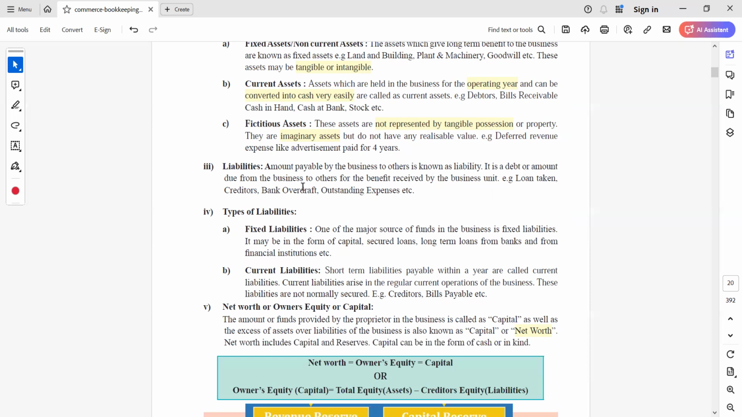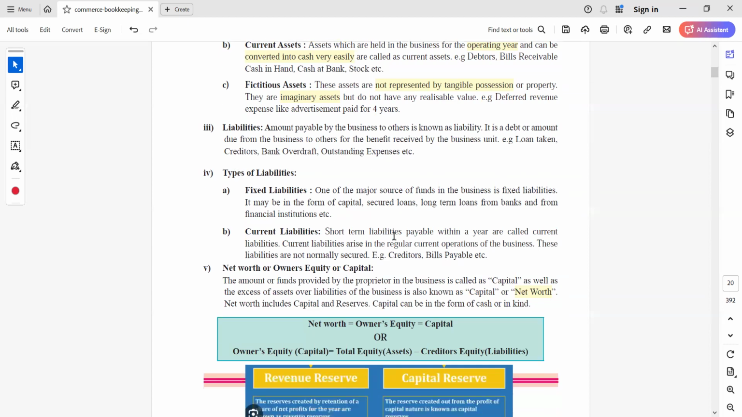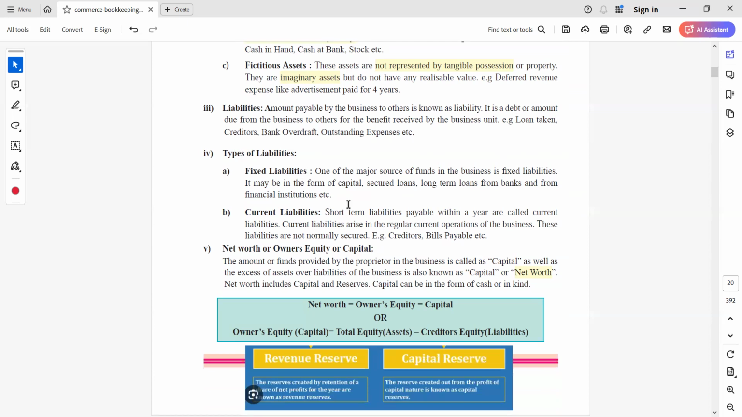Okay, liability: amount payable by the business to others is known as liability. It is the debt or amount due from the business to others for the benefit received by the business unit: loan taken, creditor, bank overdraft, outstanding expenses। Okay, easy है कि आपने किसी बैंक से लोन लिया है, that will be a liability। Okay, आपने किसी से पैसे लिए, that will be liability। Okay, types of liability, fixed liability and current liability, similarly जैसे ऊपर है फिक्स एसेट एंड करंट एसेट, वैसे इसमें भी बाइफरकेशन है।